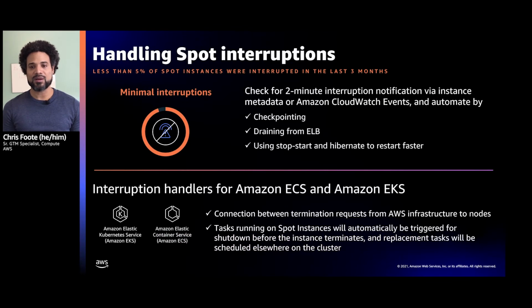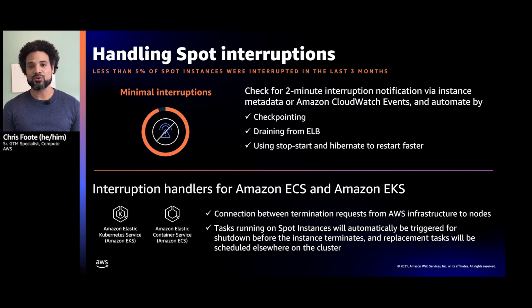So let's talk a little bit more about spot interruptions. Spot interruptions actually occur very infrequently, and less than 5% of spot instances have been interrupted in the last 3 months. What this means is that over 95% of these instances were terminated because perhaps the customer was done with their work and they gracefully terminated that instance. Or perhaps the auto scaling group saw that those instances were underutilized and had a scale-in event. Either way, what we're saying is that interruptions happen infrequently, but you want to be well architected and you want to prepare for the event that it does occur.